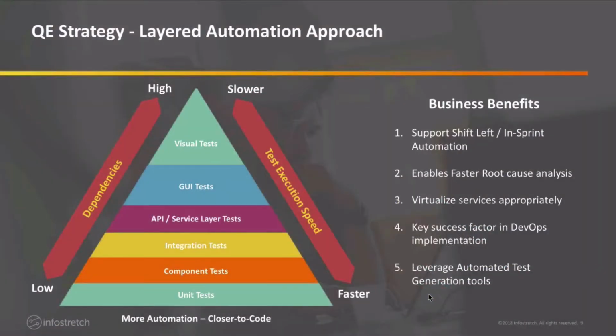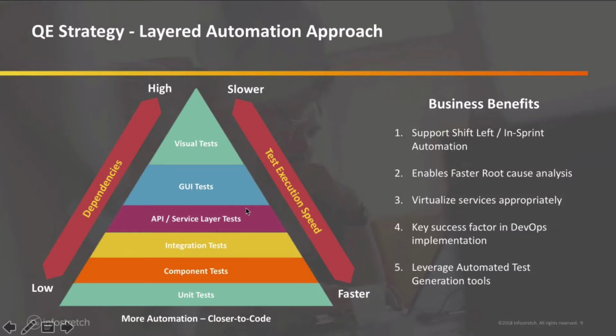So this is one of the critical slides, and this is the primary focus for today's topic that we are talking about. This slide highlights 2 or 3 points. Let me take them one by one. As you can see in the layered automation pyramid, what we call the right pyramid for quality engineering,